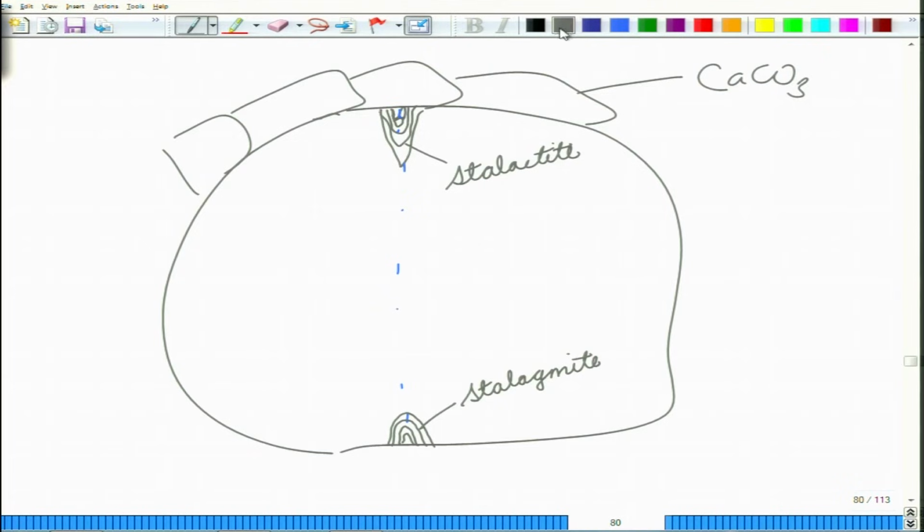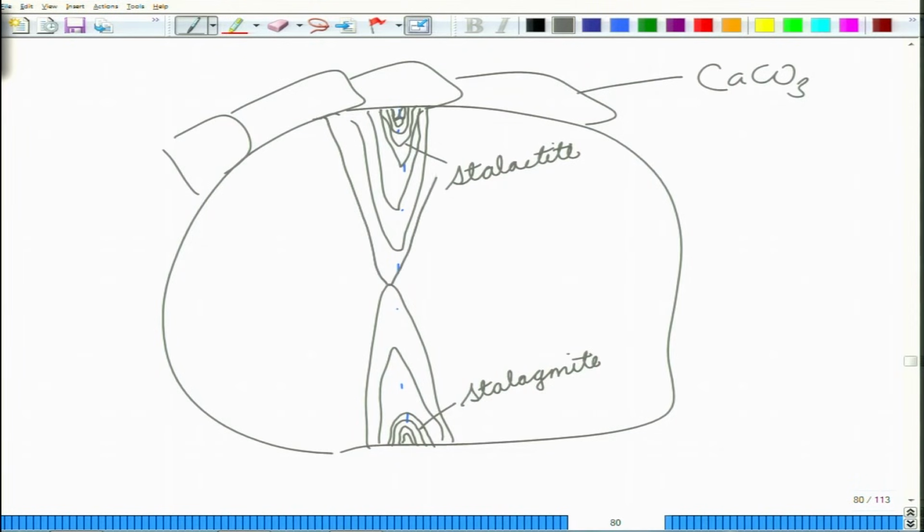And if both of these continue for a very long period of time, so they go on increasing in their sizes, and then after a while they will meet each other, and once that happens the whole thing will be called a column. So, now these formations such as stalactites, stalagmites and columns, which were earlier seen only in the cave environments,